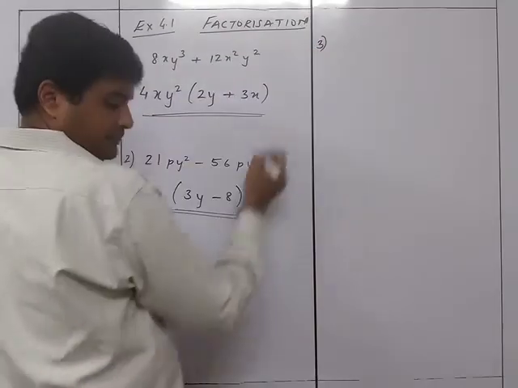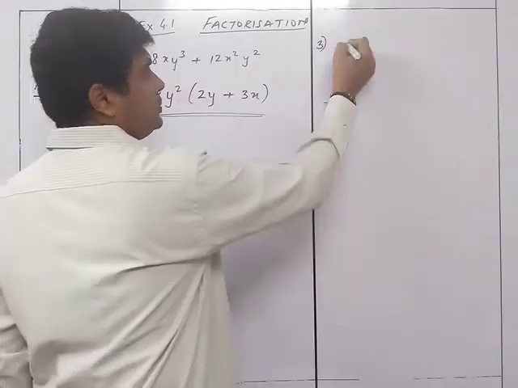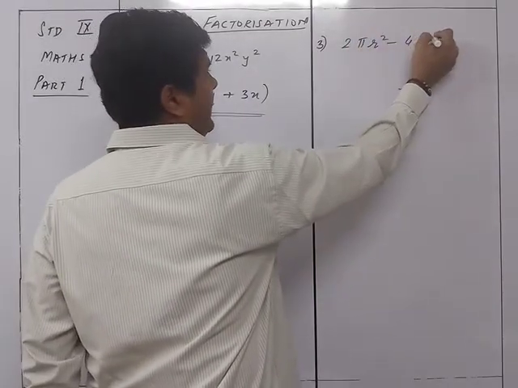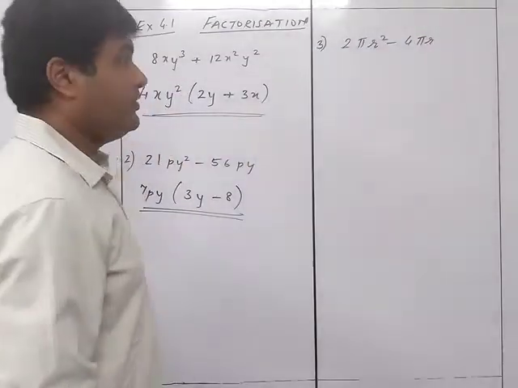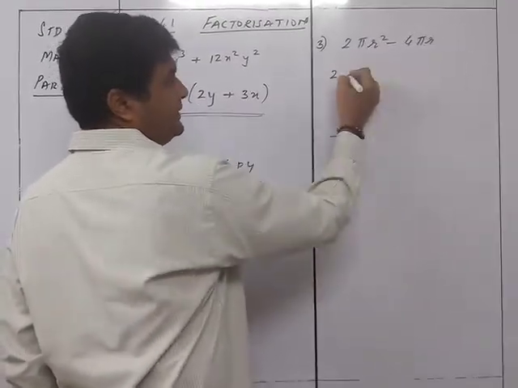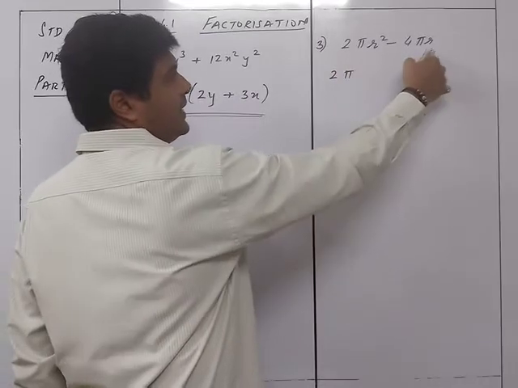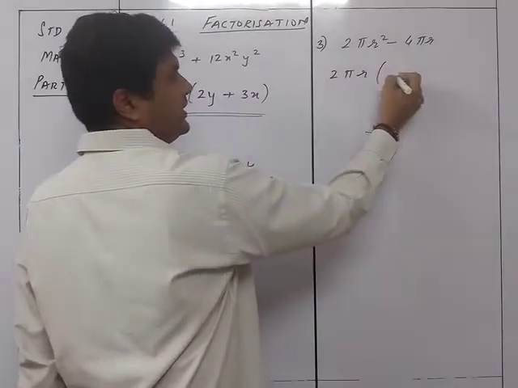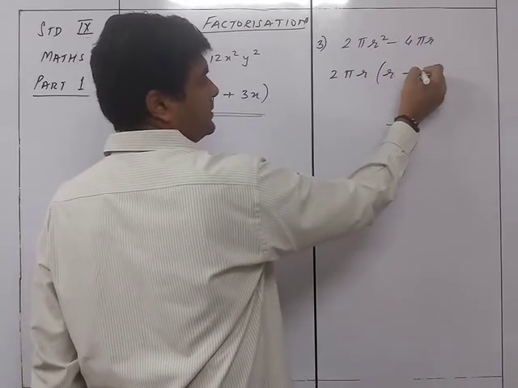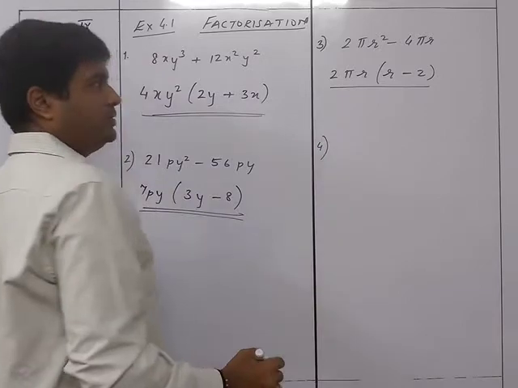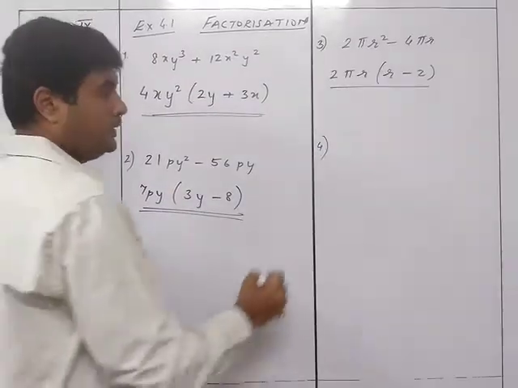Sum number 3, that is 2 pi r square minus 4 pi r. That gives you over here 2 is common, so 2, pi is common, so pi, r square and r is the one which is the least, that's why r is taken out. What remains over here is r and what remains over here is 2, so the answer is 2 pi r minus 2. We move on to sum number 4, that is